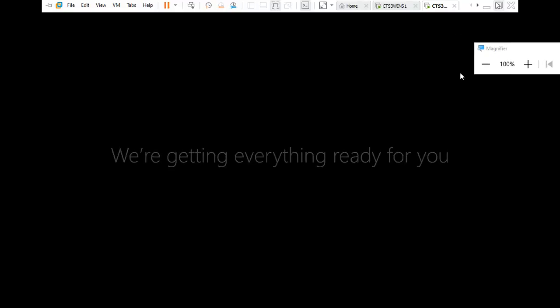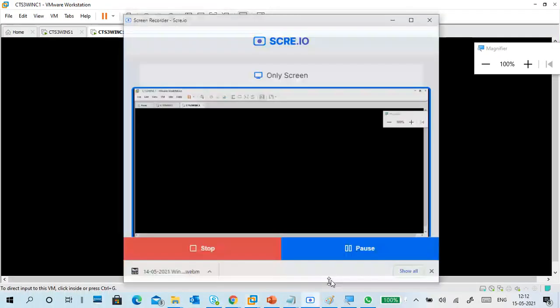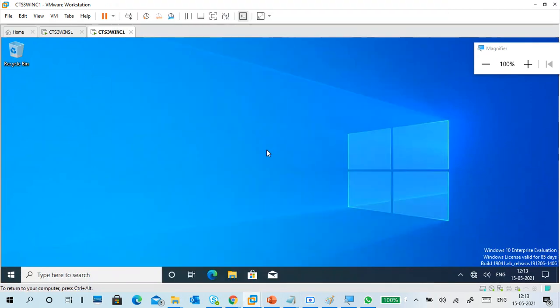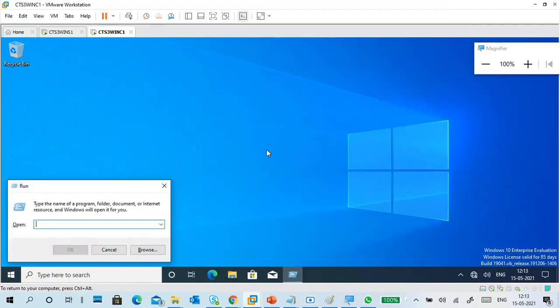Okay, if it is a first time login, it will take time again. Okay, now go to the control panel.